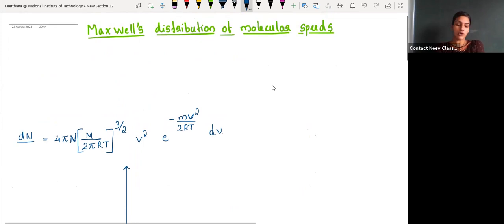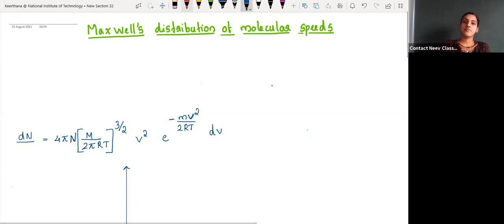About molecular speeds, you know that not every molecule is moving at a particular velocity. Some molecules will move at a certain velocity, and the others will move at other velocities due to their collisions. So the next question was how you will express the molecular speeds of molecules. We can't express the molecular speed of each molecule; that is not possible. Instead, we can express the probability or distribution of molecular speeds at a particular temperature, and that is a constant.